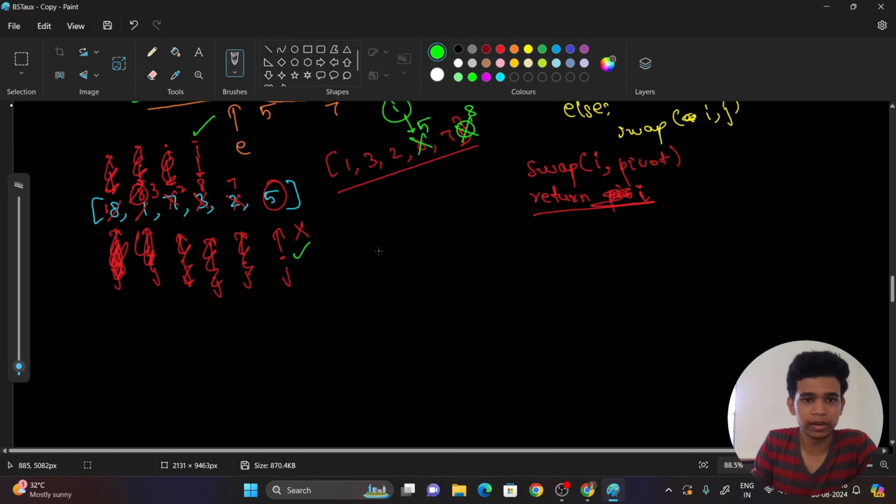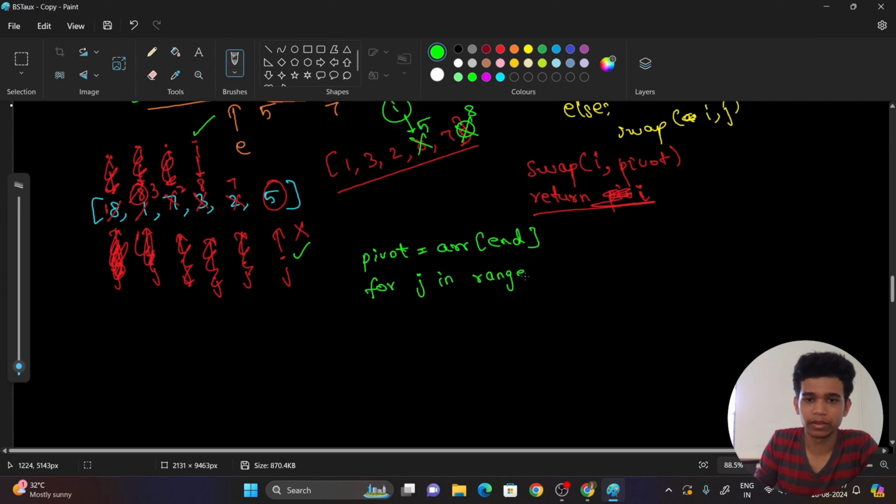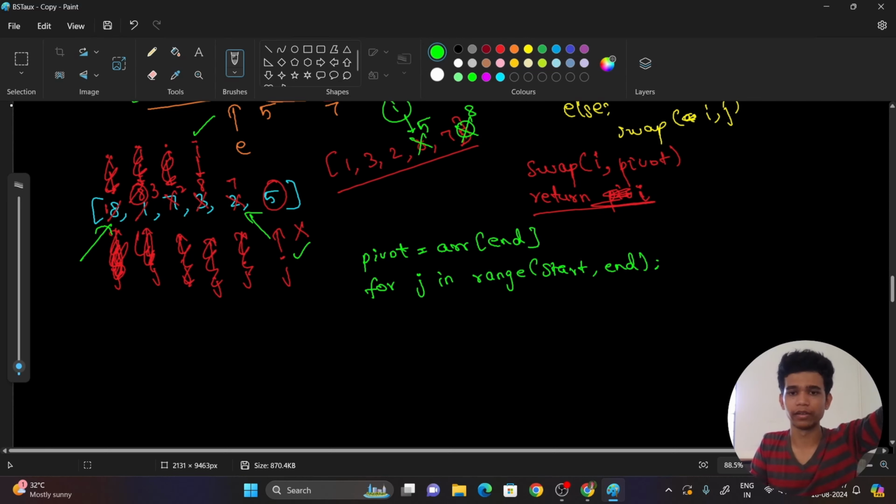Initially, what we are doing here, we are just taking the pivot as the last element. The pivot is equal to arr of end value. Next thing, we are just iterating one by one, right? For j in range, from this start to this end. So start, end, go up to the end. In the next thing, I should check whether the current value